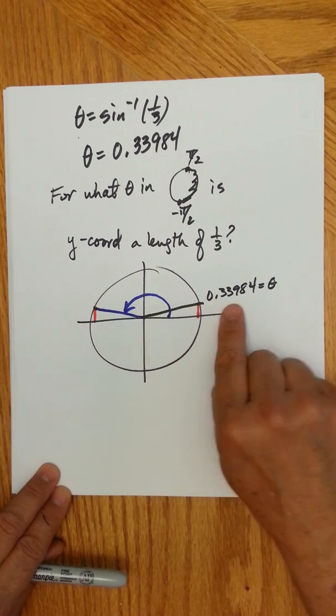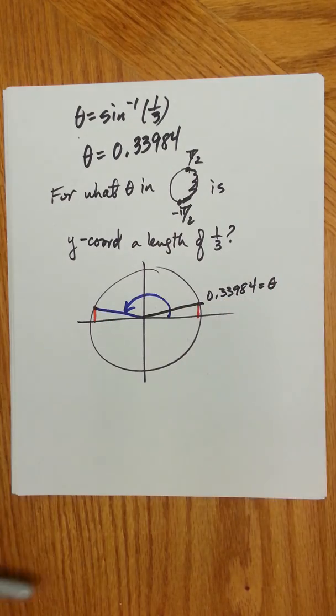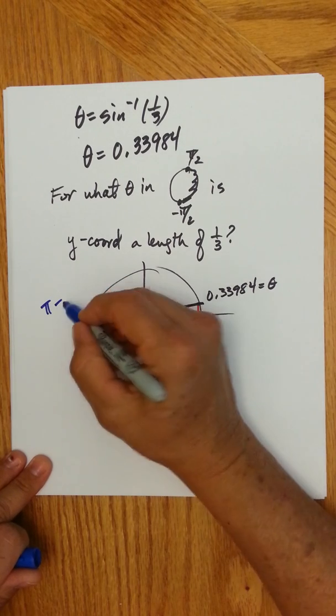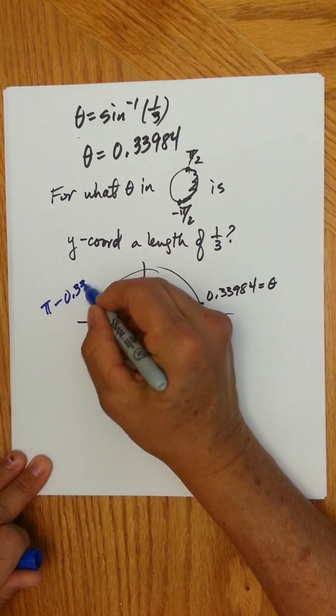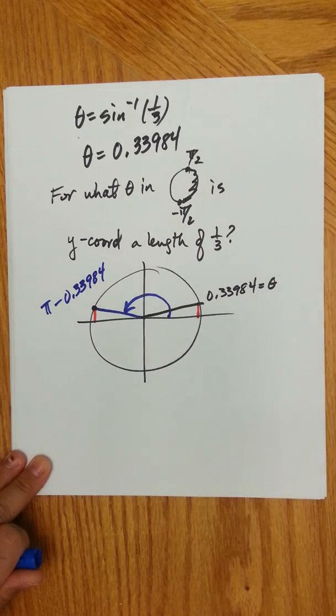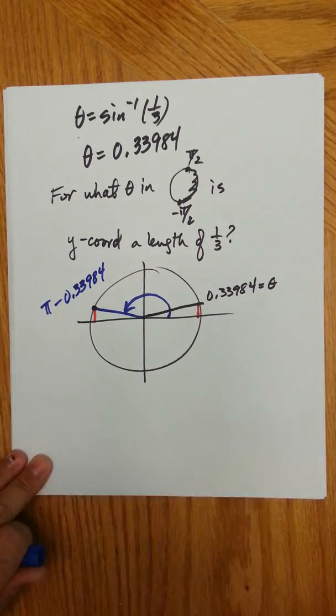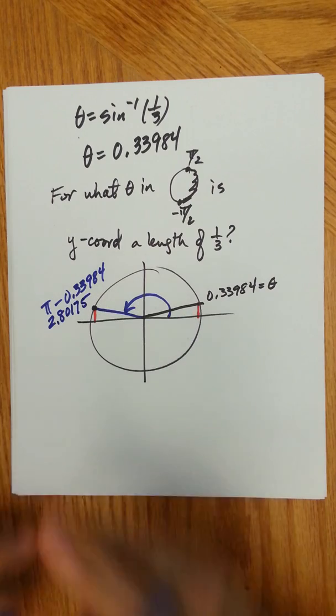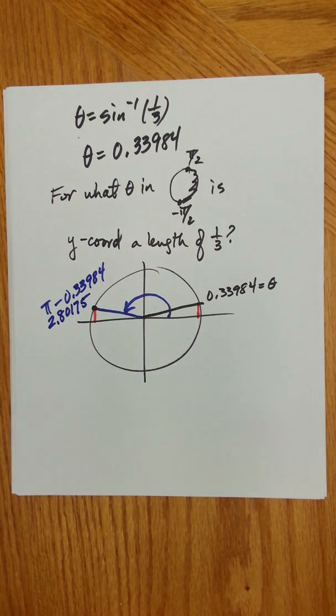Well, this little theta is 0.33984. So essentially, this angle is pi minus 0.33984. So that would be 2.80175 radians. Okay? Now that means what I have then,